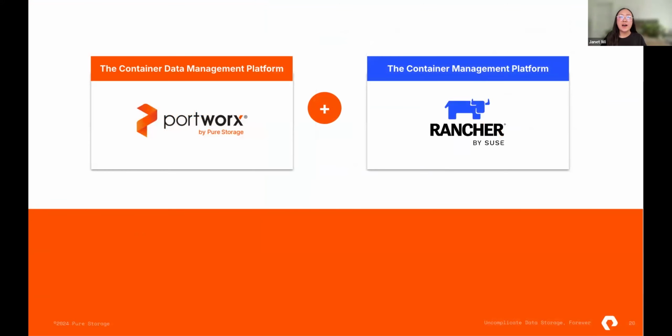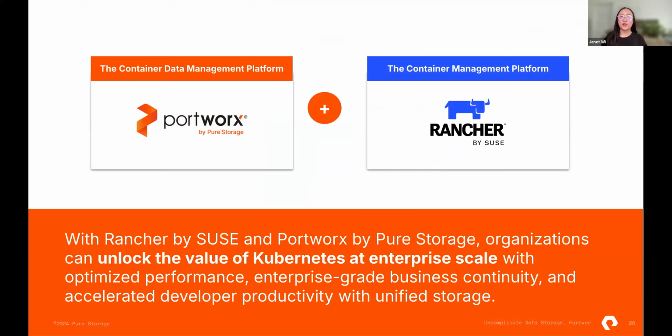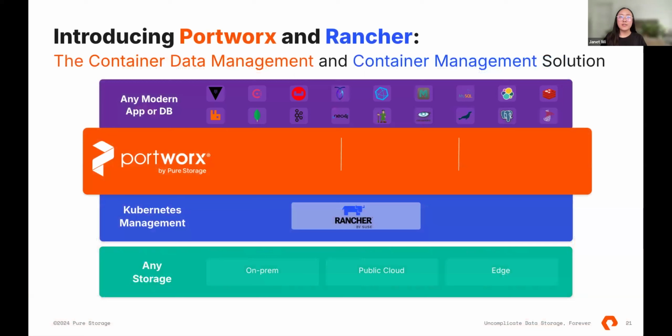And the reason why we have partnered with Rancher and SUSE is to be able to provide that container data management platform to their container management platform. So for those organizations that are running those mission-critical applications at enterprise scale, what Rancher and Portworx are able to provide together is that optimized storage performance, that enterprise-grade BCDR, and then of course, accelerating developer productivity across the board. So to double click a little bit more into what Portworx is and what we do, Portworx provides